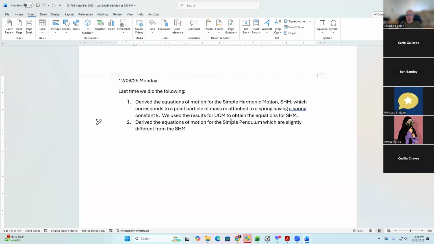Let's put it using the approximation for small angles. So the equation of motion for the simple pendulum is just an approximation to real life, but it's a good approximation. And with this approximation